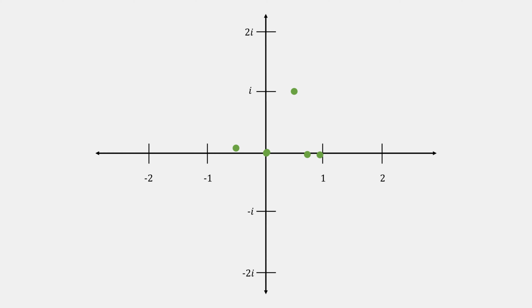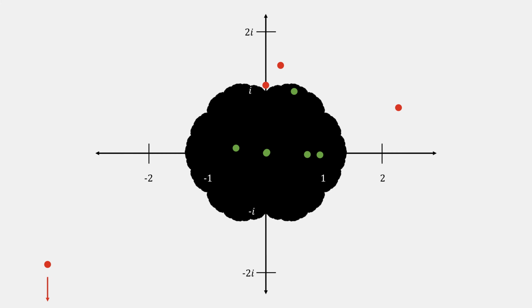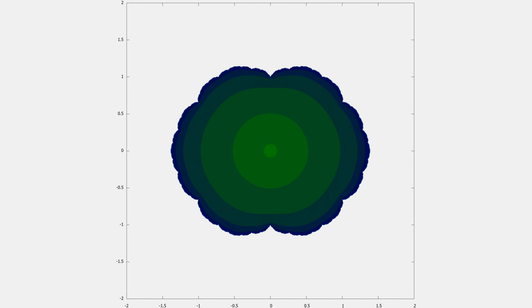These are the points for which we tried Newton's method and it converged, and with these points we know it diverged. If we keep testing points, then everything in this shaded area would cause Newton's method to converge, and everything outside of it would cause it to diverge. This shape we call a Newton fractal. I colored it here to represent the number of iterations that it requires to converge, with light green meaning it converges quickly and darker colors meaning much slower.